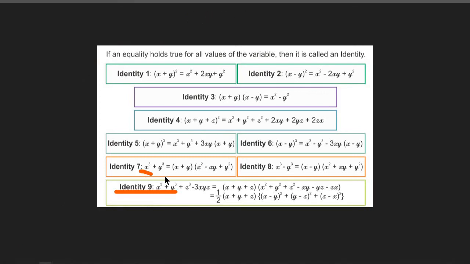Here, this one, x cubed plus y cubed. Okay, see nicely, or x cubed minus y cubed. Both are almost the same, only the sign is changed. See one thing, whatever the common sign, plus is there, here is also plus. Everywhere it is plus, only at one place it is minus, that is before x into y.